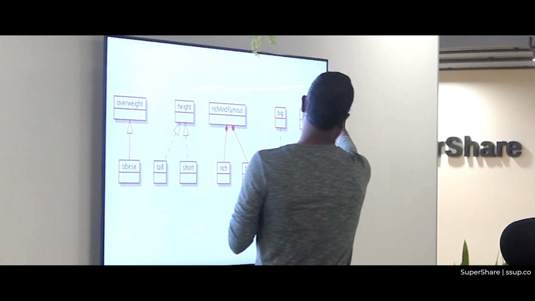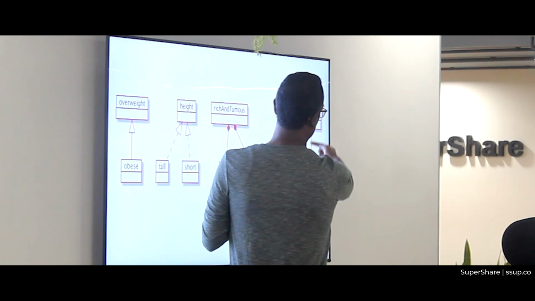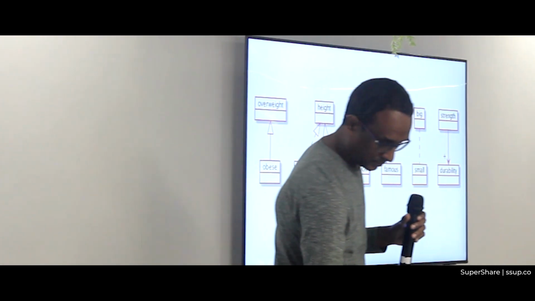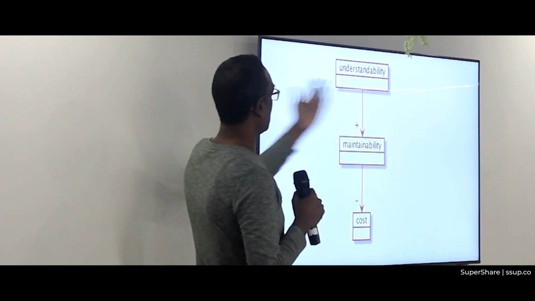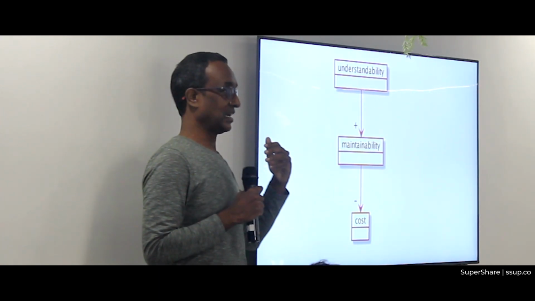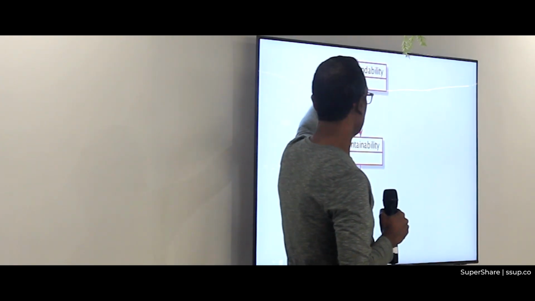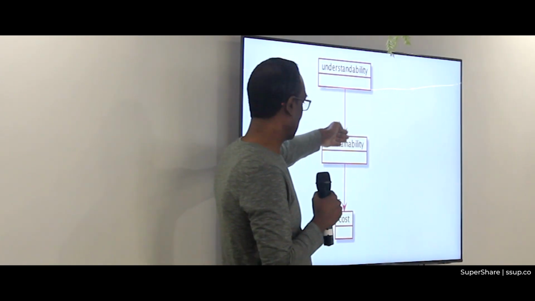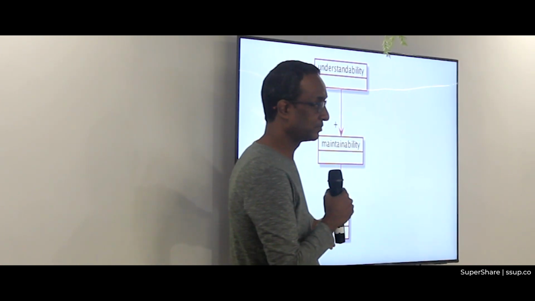If something has strength, it is likely it is durable. The more the strength is, the more durable it can be. Folks, if you look at a piece of code, design or architecture, the more understandable the code is, the more maintainable it will be. Agree, disagree? And the more maintainable it is, the lower the cost of operation. Agree, disagree?